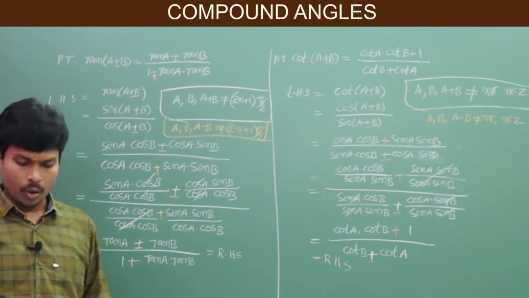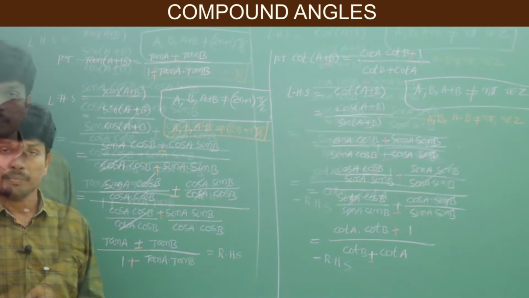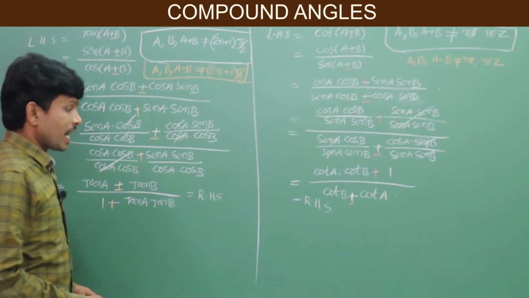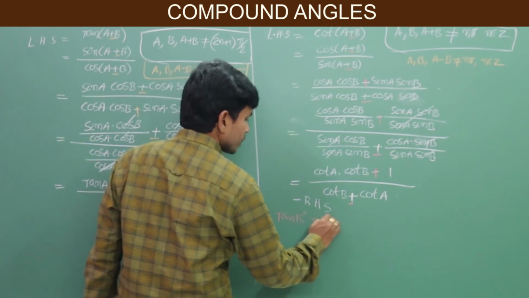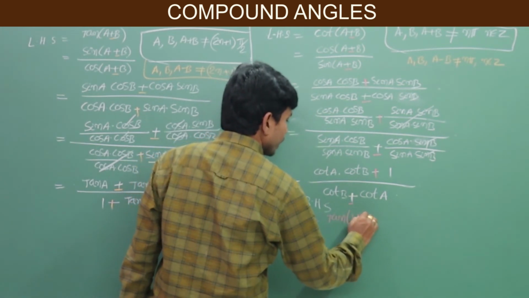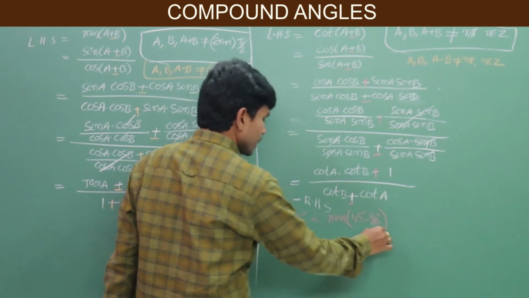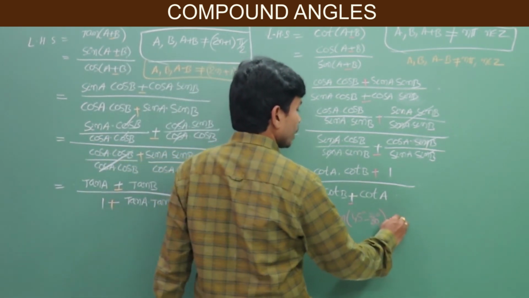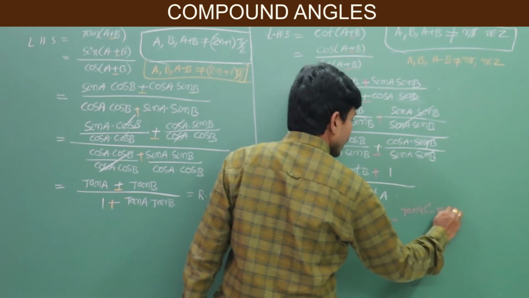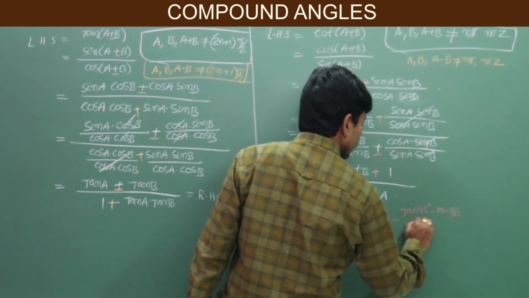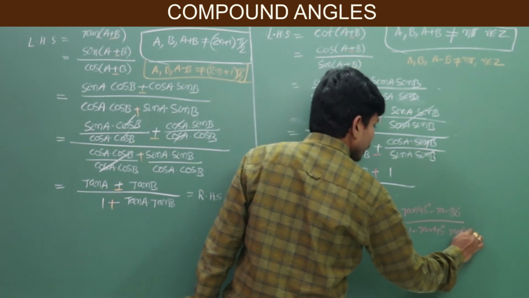Good. Now, by using these formulae also, we can find the values for 15 degrees and 75 degrees. Yes or no? So, suppose tan 15 degrees, using this also we can do it. Tan 15 degrees, how can we write it? Tan of 45 degrees minus 30 degrees. So now, can you say the tan a minus b formula? Tan 45 minus tan 30 by 1 minus tan 45 into tan 30 degrees.